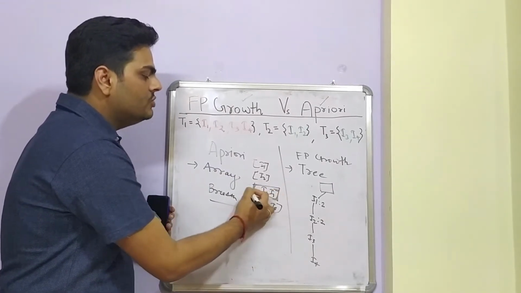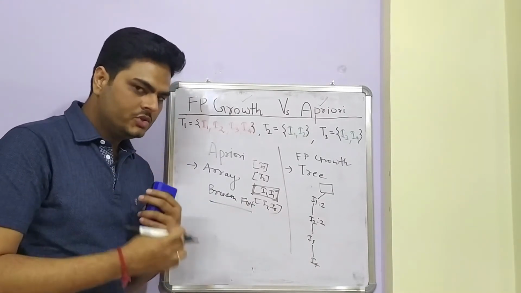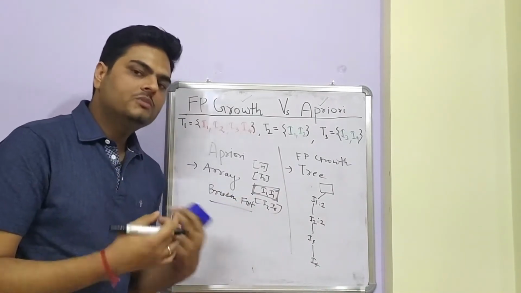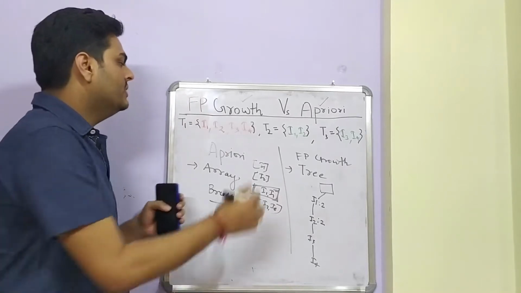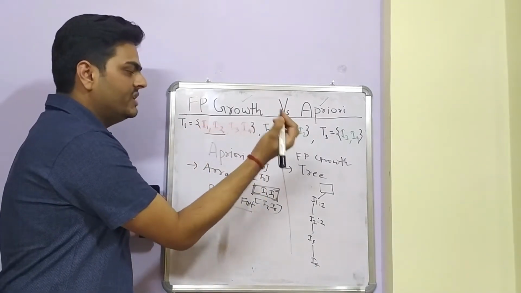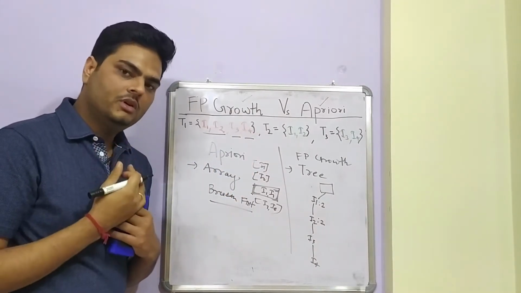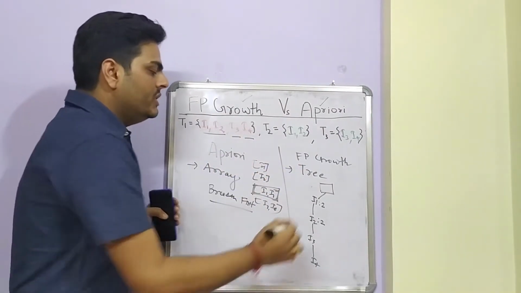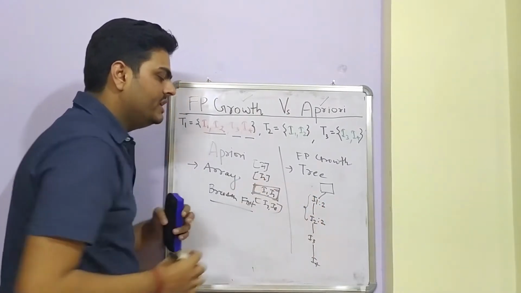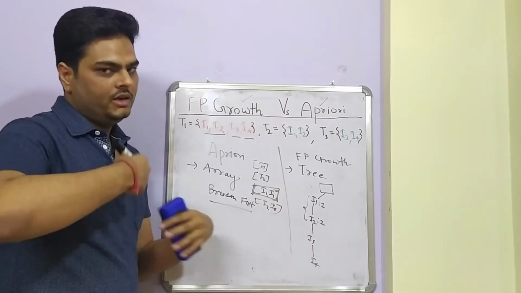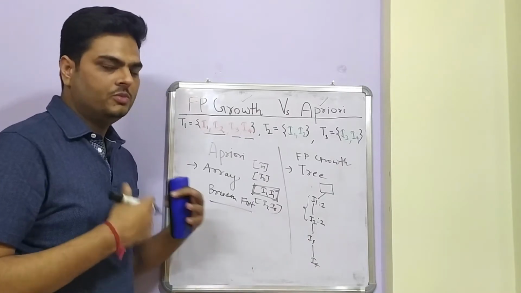So I1, I2, whenever I1 and I2 are together, what are the next 2 items or 1 atom that can be there? So when I1 and I2 are together, the next atom can be I3, I4 or a combination of I3 and I4. If we go by this rule, whenever I1 and I2 are together, then next atom will be I3 and a combination of I3 and I4 is also possible.